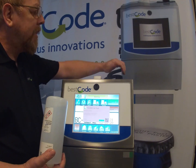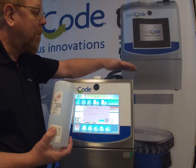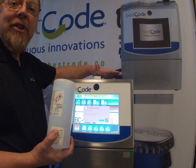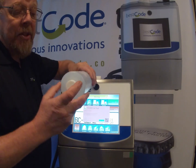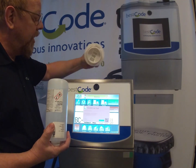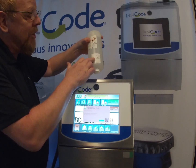We have a white lid and a black lid. The white lid matches the clear bottle of makeup and the black lid matches the black bottle of ink. You can't actually physically get them the wrong way around as the neck is a different size. So take off the lid of the makeup, and what we're going to do is match the